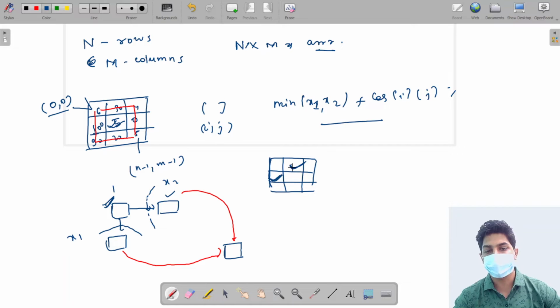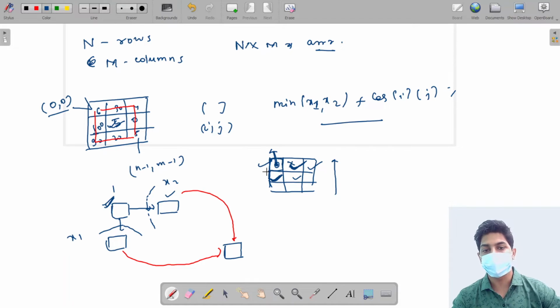If I have the answers for these two cells, I can calculate the answer for this cell, which is my desired answer. So we need to fill this matrix from bottom to top, and eventually we will be able to calculate our desired answer.